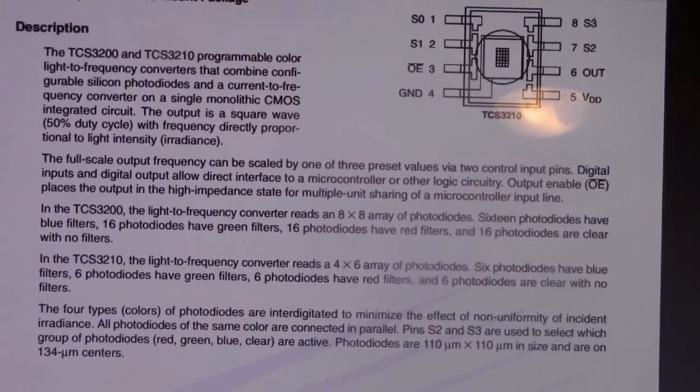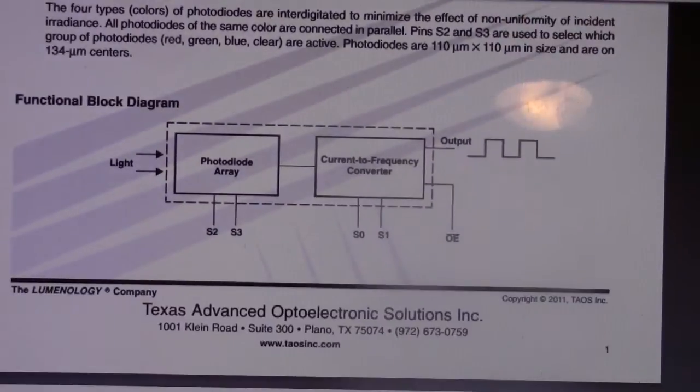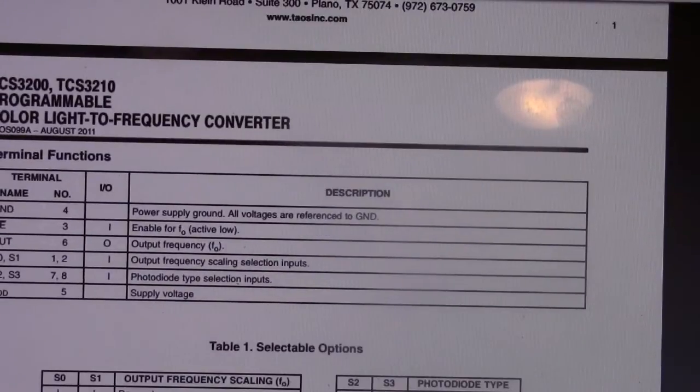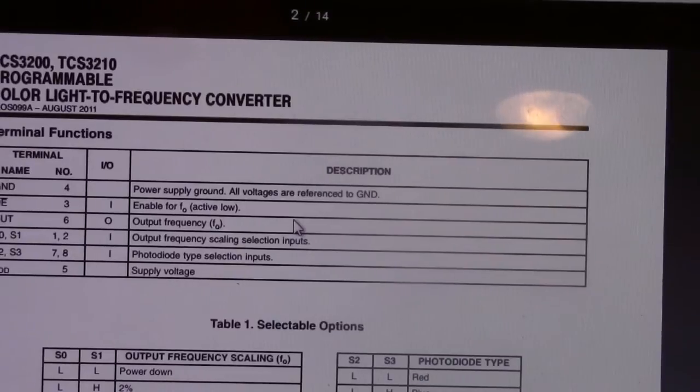Instead of moving the camera, I'll move this up. There's just a little block diagram of it. Current photodiode array, and then they have a current to frequency converter. And here's the chart that tells you where you want ground. You want ground,